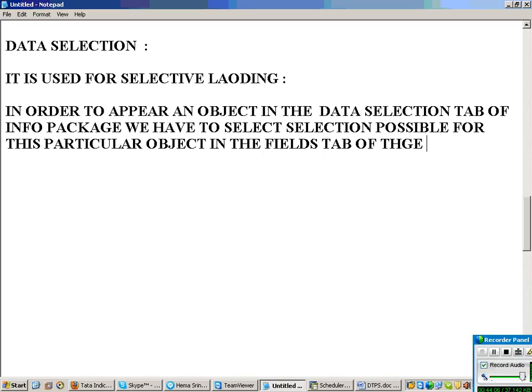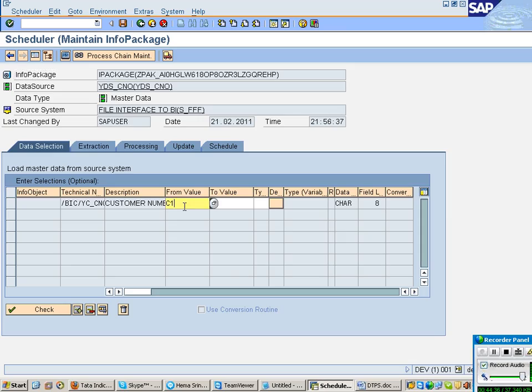In the fields tab of the data source. Okay, clear? So in order for an object to appear in the data selection tab of your info package, you have to select selection possible for this particular object in the fields tab of your data source. Then you can come and give your conditions, whatever you want.